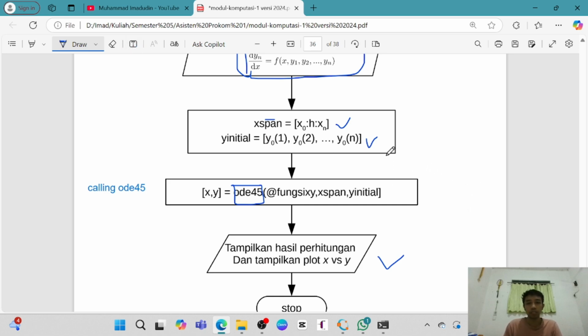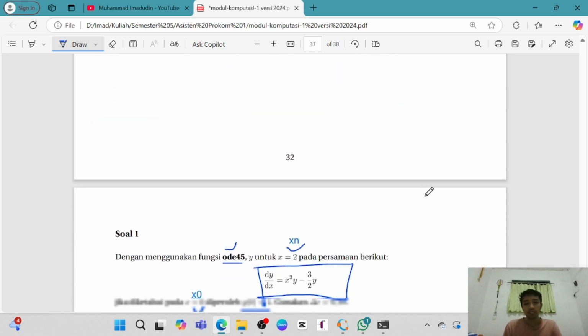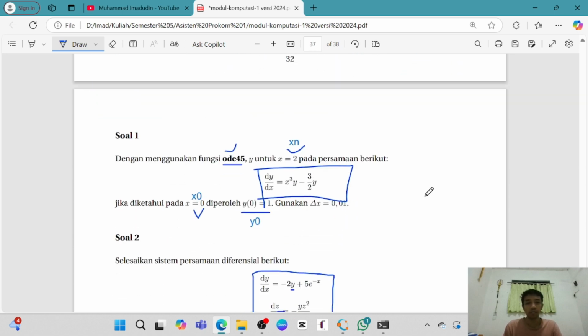Why don't we have the look for? Because the look for is automatically calculated in the ODE 45. This function is very powerful. Just put this function, then we have the answer. Okay, that's the algorithm.